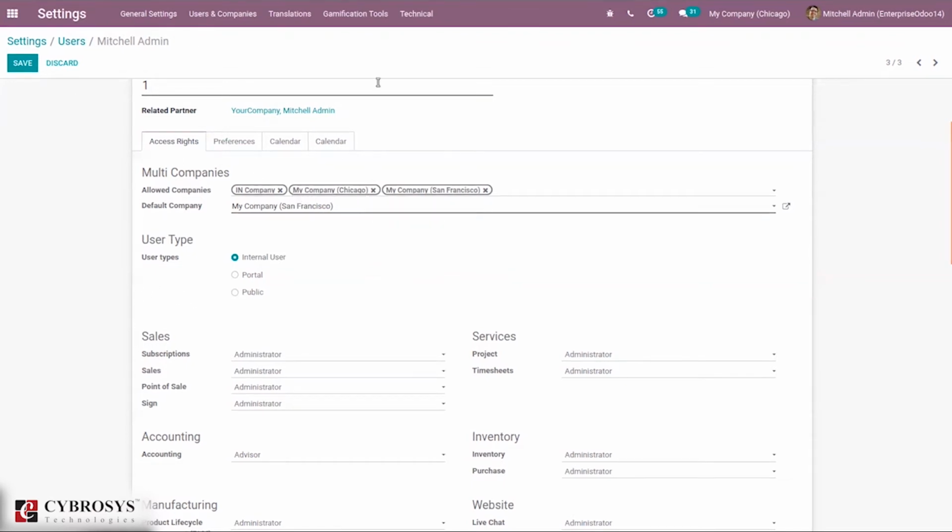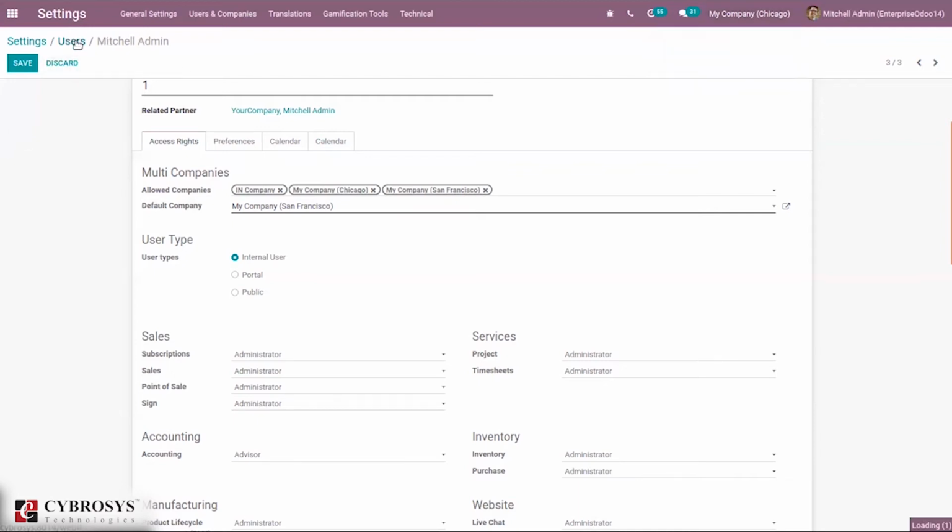So if a user has activated multiple companies, and if he's editing a record, the editing happens on the record's related company. So when editing a record, the company taken into account is the current company, that is the active company. Then the company set is the one linked to the document.